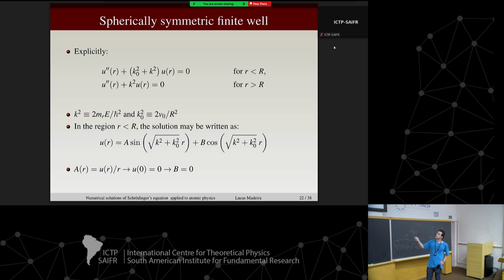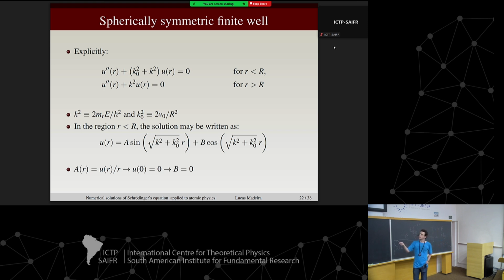So let's look first at inside this region, right? Inside this region, you know what the solutions are. You have sine and cosine. The argument here is going to be a little bit different from what you're used to, but that's because I defined this thing here that I could call, I don't know, capital K square, right? So it would be capital K times r, capital K times r. It's like this because I defined my quantities like this.